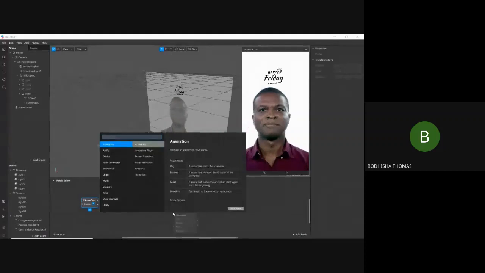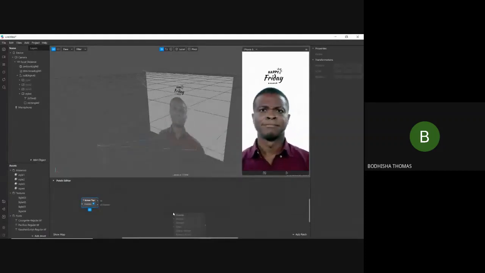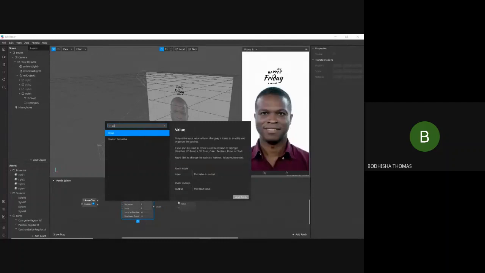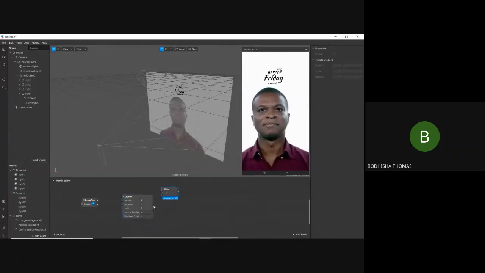Again, right click, we will add a counter. What the counter does is it increases the value. Tap to increase, decrease, all options are there. We'll choose increase. This is our simulator.